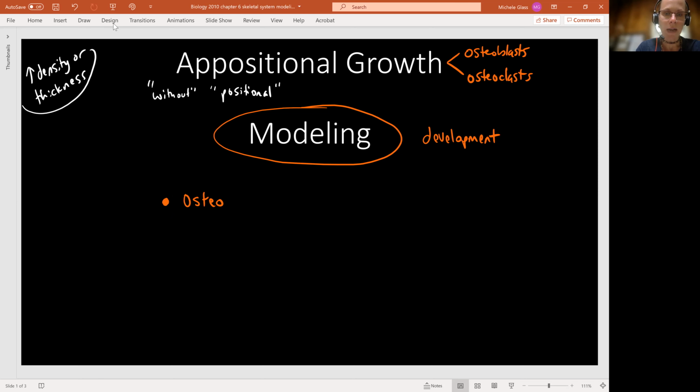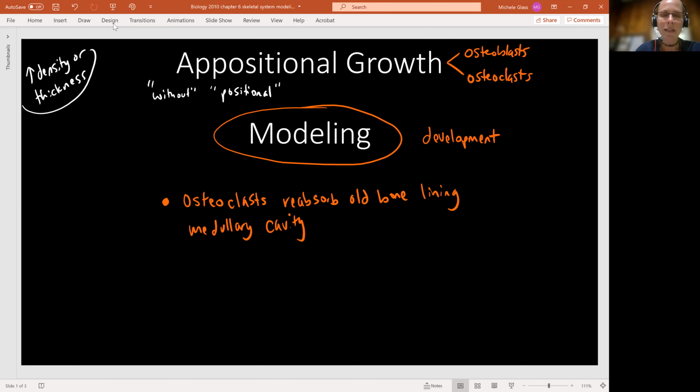The osteoclasts will reabsorb old bone that's lining the medullary cavity. That's the inside space of our long bone, where our yellow bone marrow is located. And then we'll see, simultaneously, the osteoblasts are going to produce new bone